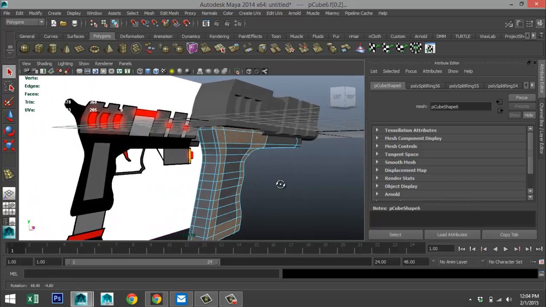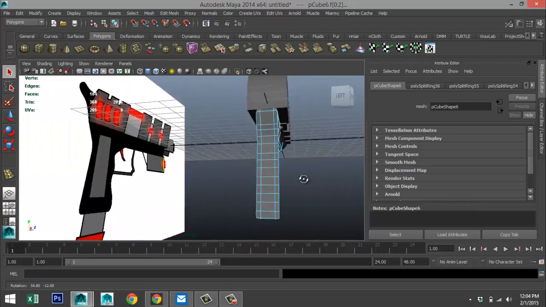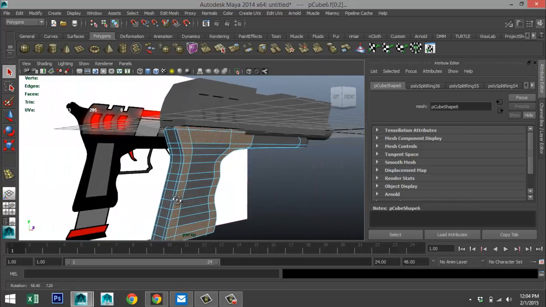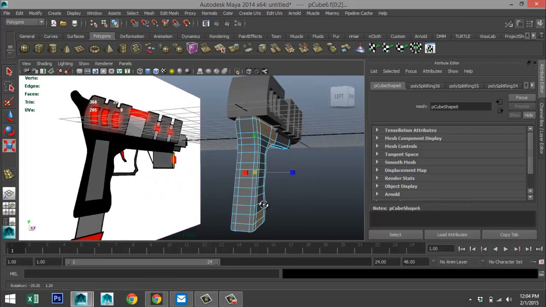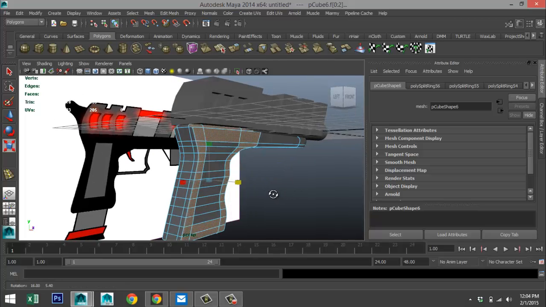Let's just check to see if we have the same from both ends. One right there. Okay. We're going to hit R. Let's give that a bit more thickness.